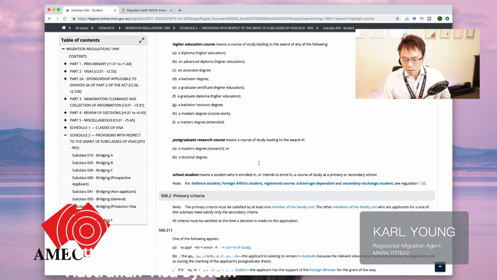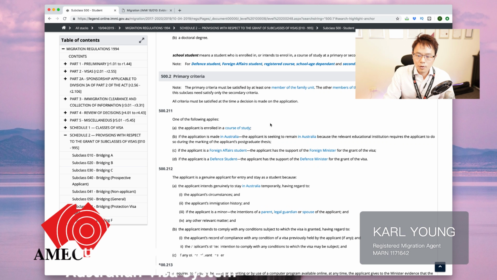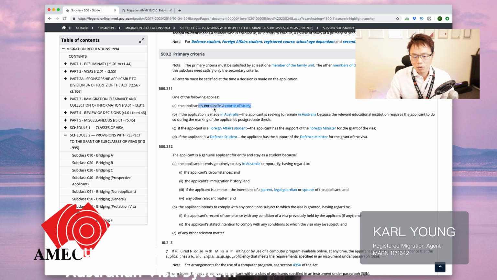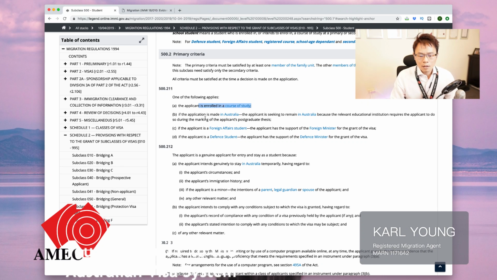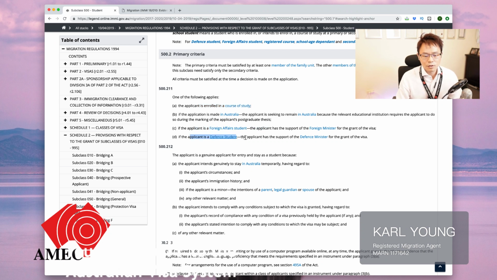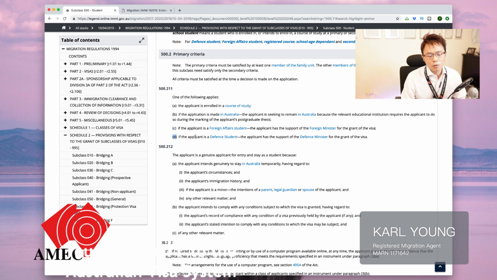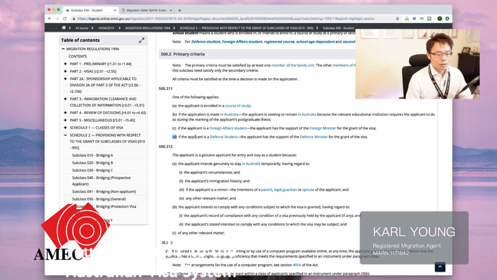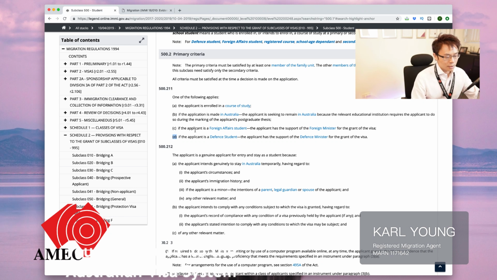Okay, so let's go down. Obviously, the primary criterion is that you have to be enrolled in a course to be studied, and there's a differentiation between general applicants and applicants who are foreign affairs students or defence students. So that's these subclass C and D. It's basically for those international students arranged by diplomatic officers. So they are coming through two nations' agreements, and there's a possibility that some people are coming this way, but generally